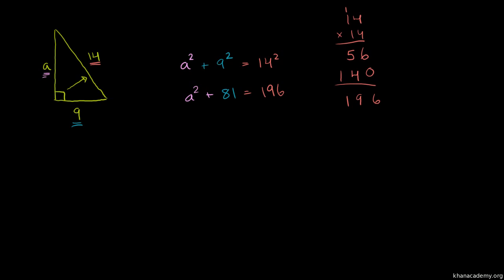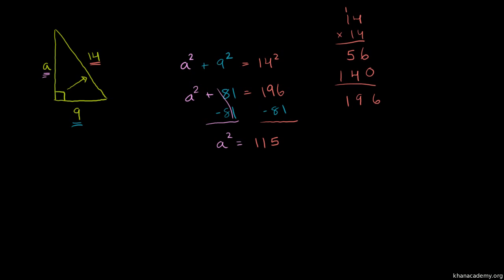Then we could subtract 81 from both sides of this equation. On the left-hand side, we're going to be left with just the a squared. These two cancel out. That's the whole point of subtracting 81. So we're left with a squared is equal to 196 minus 81. What is that? 196 minus 1 is 195. If you subtract 80, it'd be 115. If I'm doing that right. Right, it would be 115. And then to solve for a, we just take the square root of both sides,